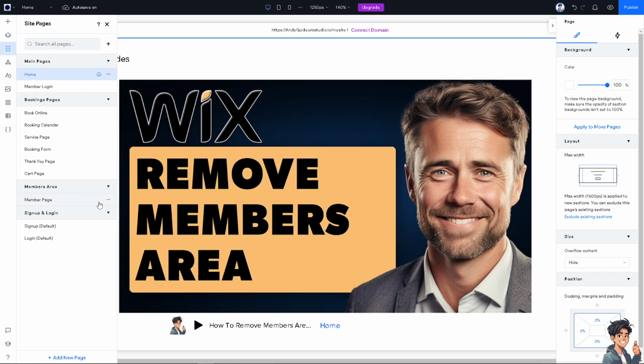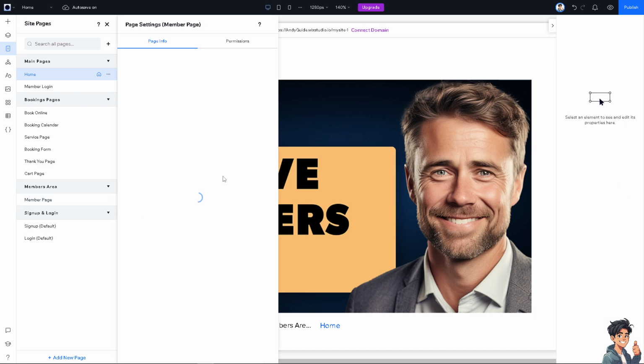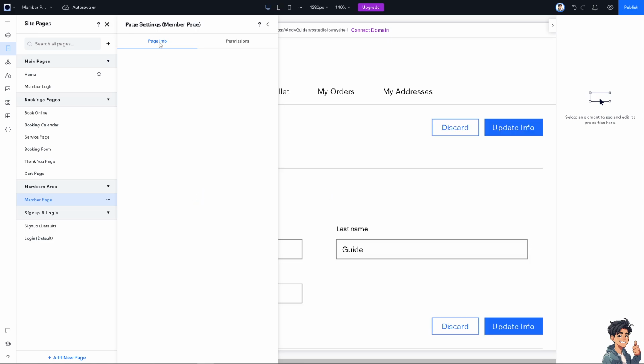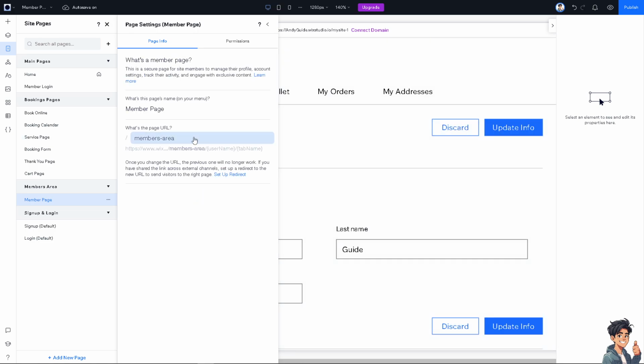There's gonna be three dots here next to the members area page. All I'm gonna do is very simple. Click on that. There's gonna be a settings if you wanted. There's the page info section. I want you to click on it. All right, these are the members info. You see? But we're not going to deal with that because what I wanted you to do is click on